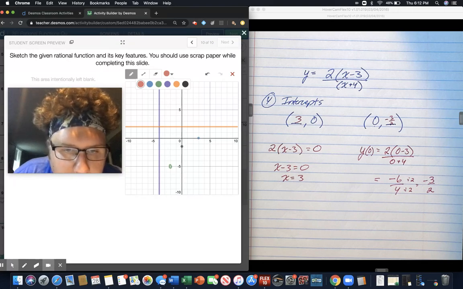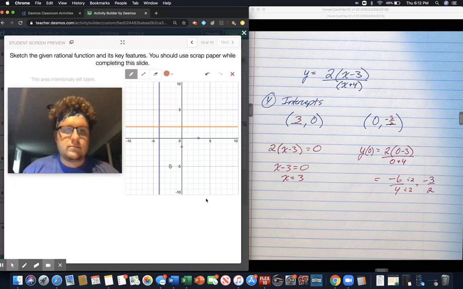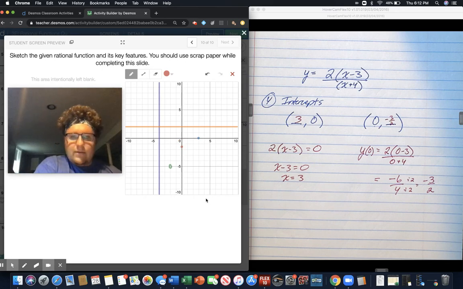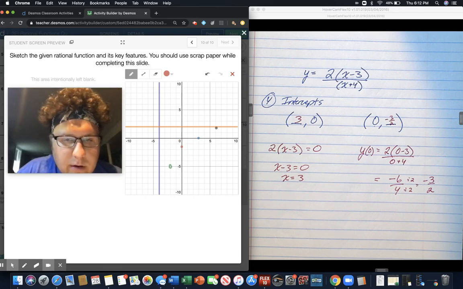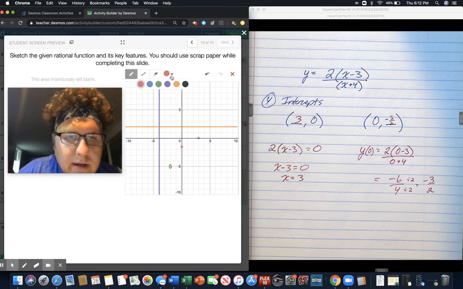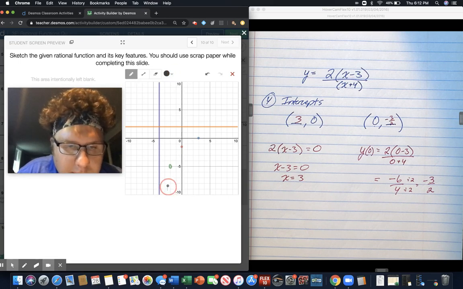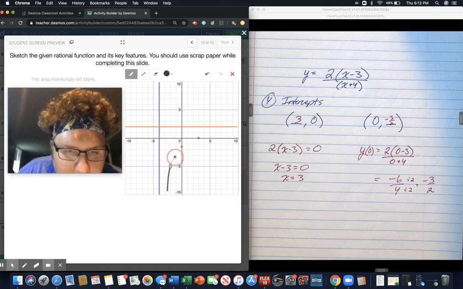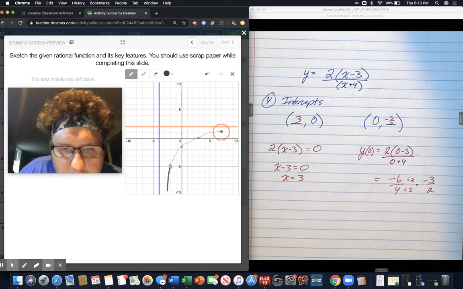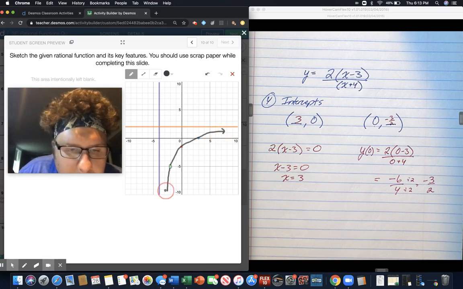That's -1. And it's right about there. Okay, so I have 3 points over here, right? So I'm just going to take a black line now, and I'm going to try and draw through that curve. I'm not going to draw through the hole, try and really make that one obvious. And then I'll go on the asymptote here, and then we'll draw a little arrow on that side as well